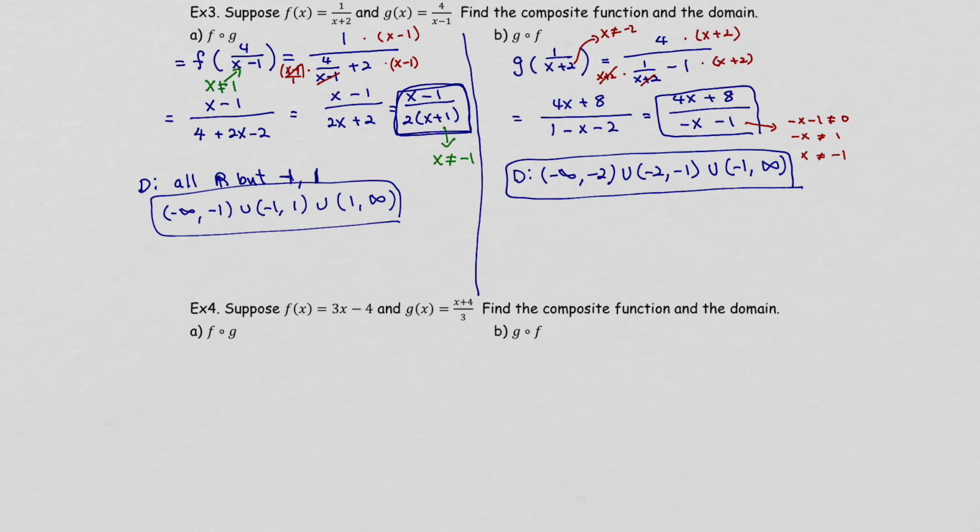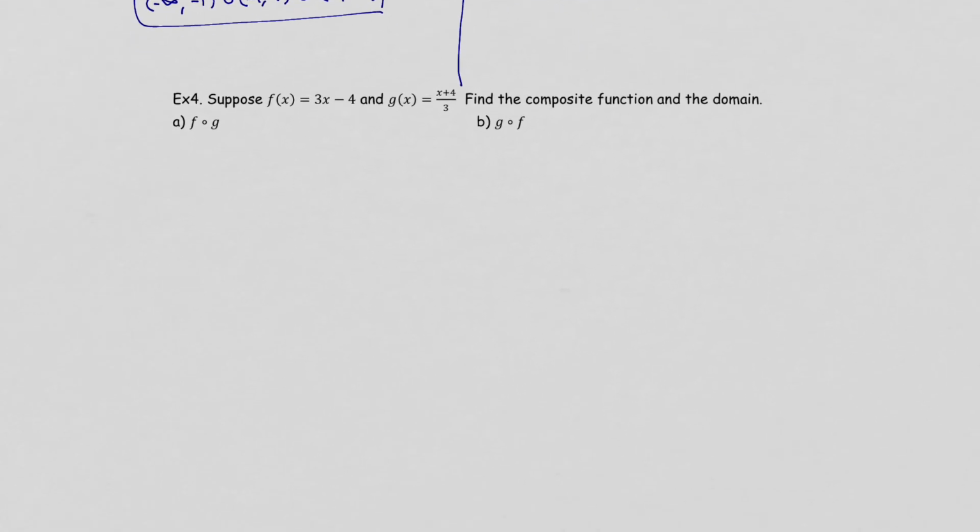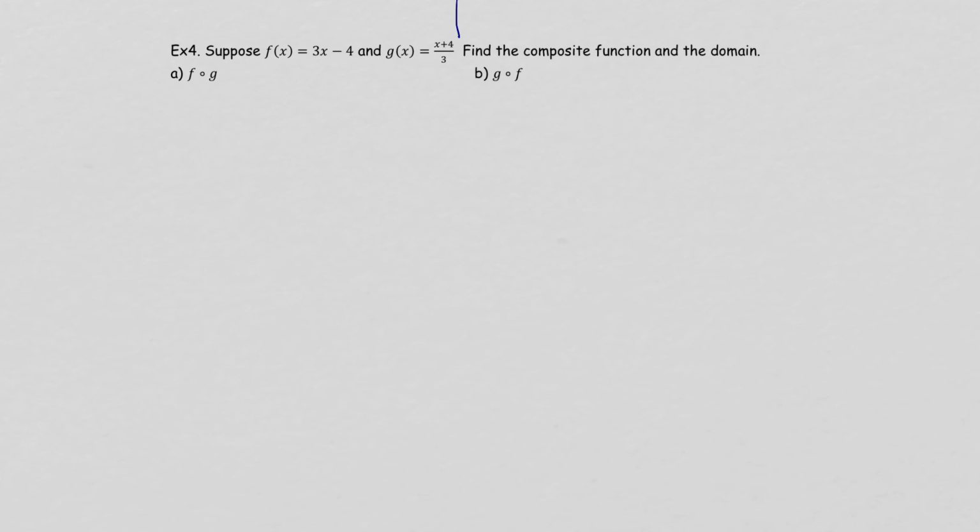Let's try one more. Same thing. We're going to look for not only the composition function, but also the domain, right? Composition function and domain. We're going to replace g of x into the f of x function. So that gives you 3 times x